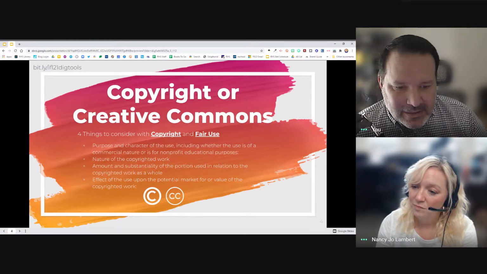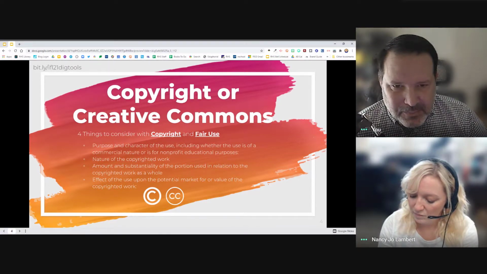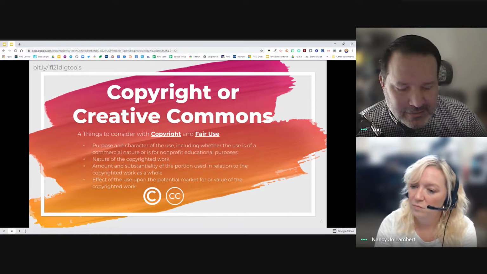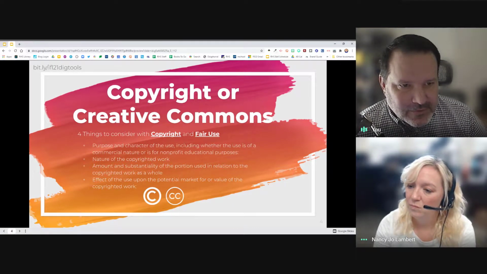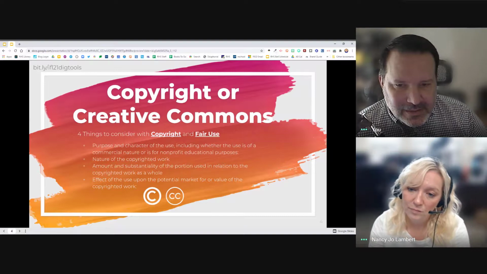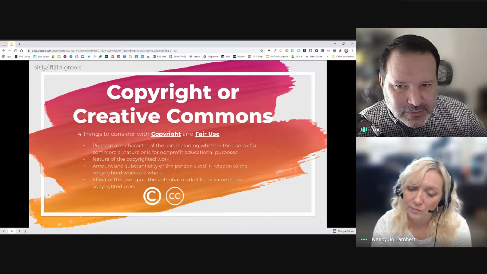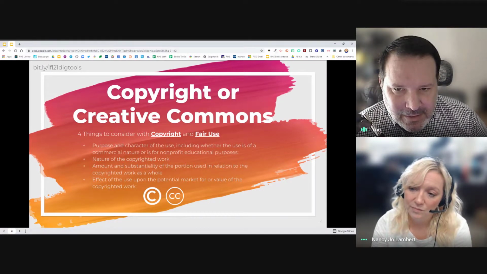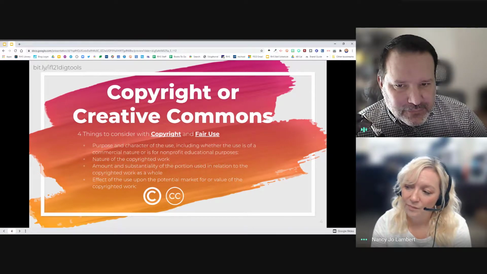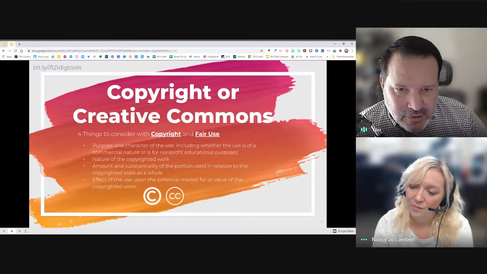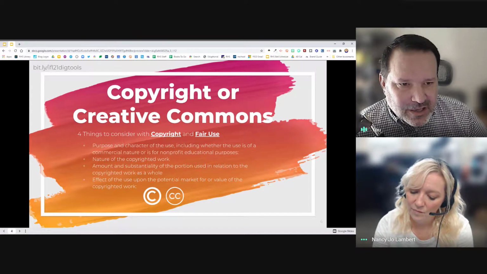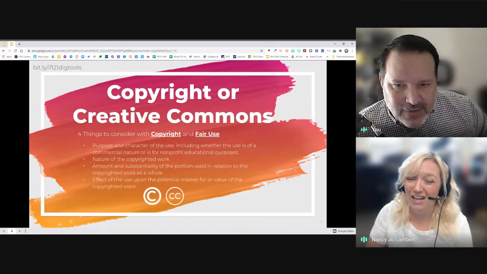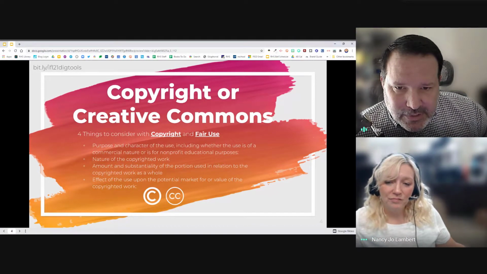So if it's a creative expression, say like a painting, that is less protected by fair use than something like a news article, if that makes sense. So the more creative it is, the less likely it falls under fair use. So think about that when you're taking images or pictures or things like that. And then the substantiality of it, how much you use. So if it's 1 paragraph out of an entire novel, that's not a big deal. But if you're copying an entire book and sharing it with your class, that's a big difference in fair use. Even an entire chapter. Yeah, an entire chapter, anything that's substantial.